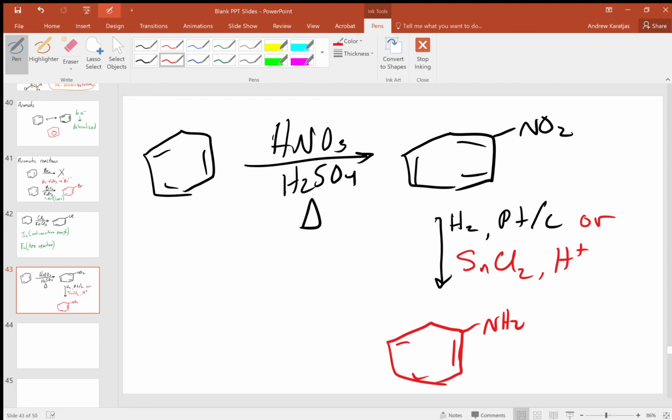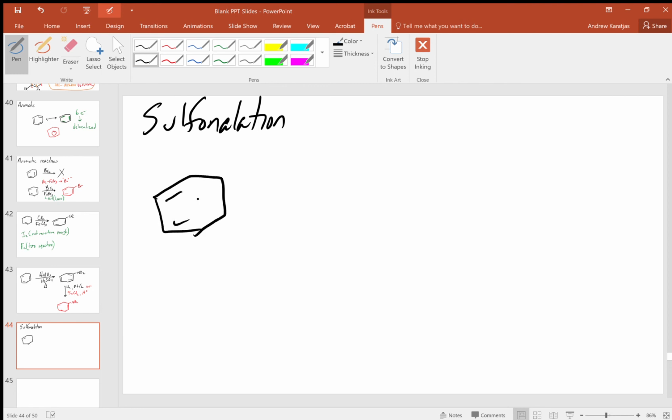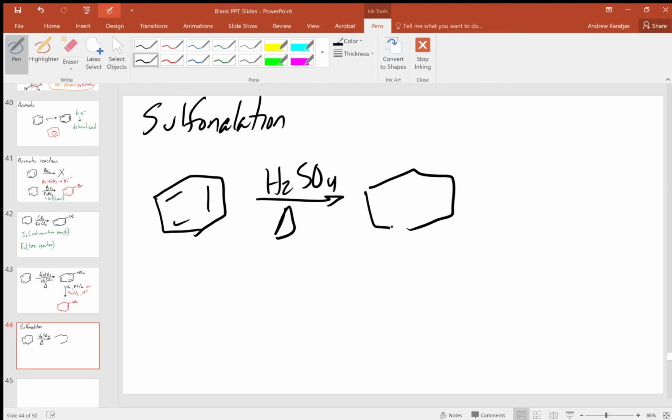All right, our last reaction for aromatics is the sulfonylation reaction. The conditions for sulfonylation are actually very similar to nitration, except we don't use the nitric acid, we just heat it up with sulfuric acid. As a result, we end up with this SO3H group on our aromatic ring,